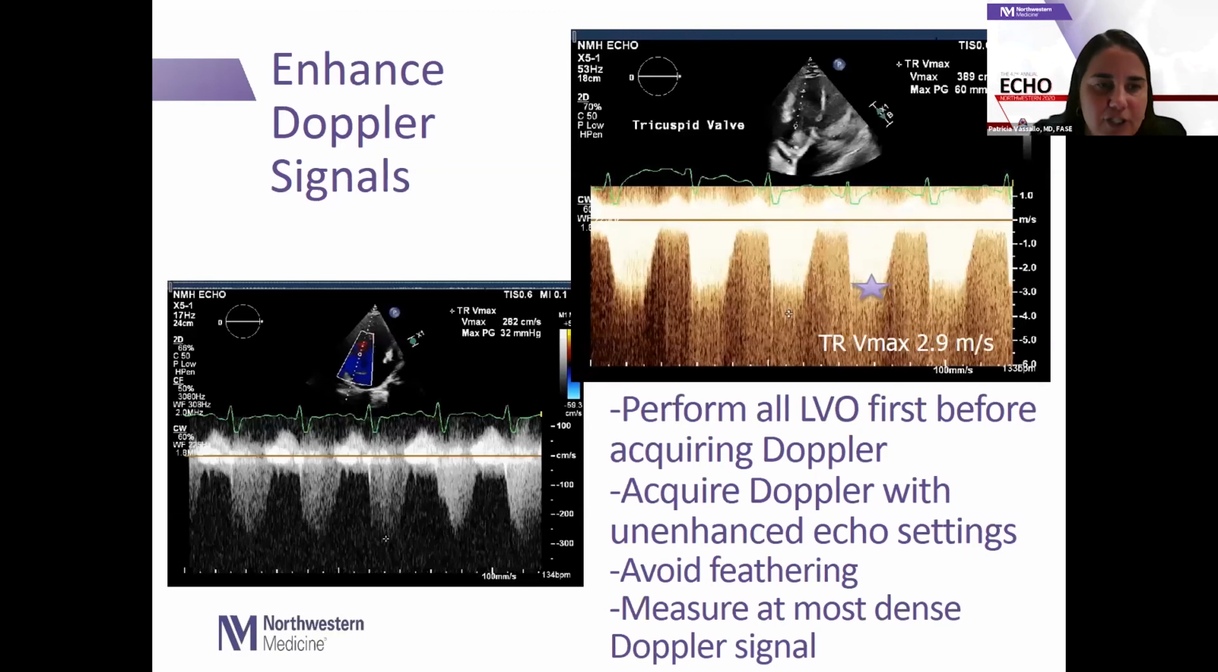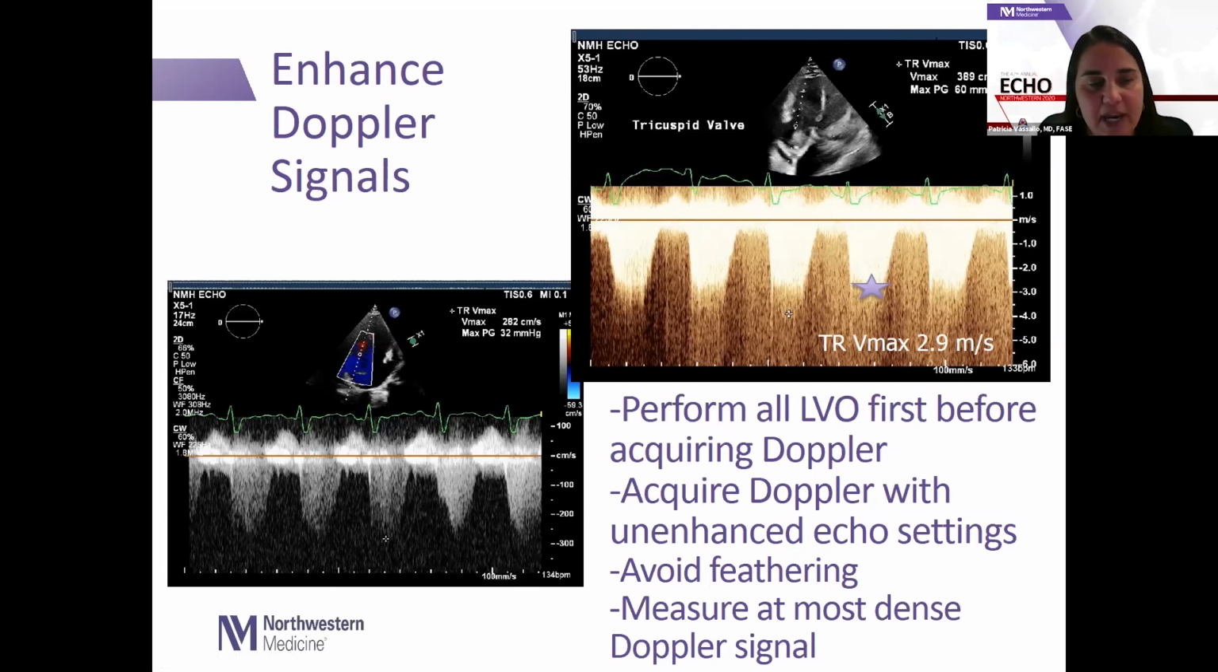And enhancing Doppler signals. This is an important indication, and I always make sure to remind the sonographers that if you are imaging for left ventricular opacification and you didn't have an adequate tricuspid regurgitant jet, or you're looking at someone with severe aortic stenosis and they don't have a good aortic valve measurement, you can go back after you use contrast for the left ventricular opacification and then look at Doppler. But remember that this can also cause abnormalities in the measurement if you don't allow for some of the contrast